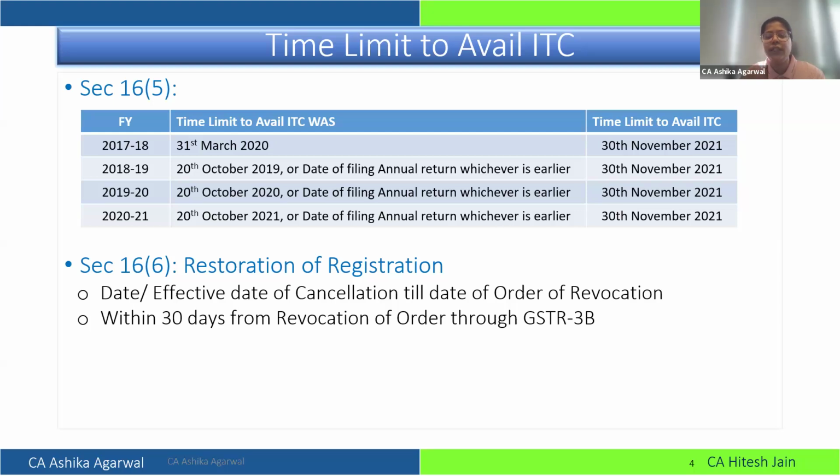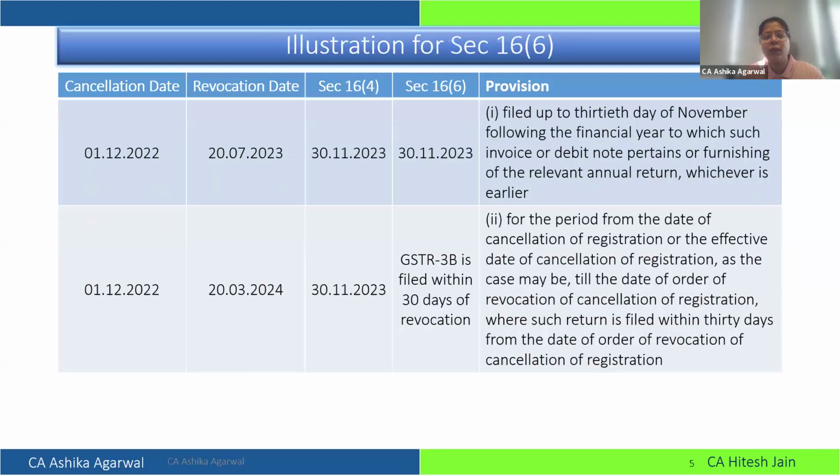Provided you file all your returns within 30 days. So let us understand this point with one scenario. This condition has one more clause: the time limit which will be applicable will be the later of the time limit provided under 16.4 or the time limit of 30 days from the date of restoration. So how it deals with this is, if you see the first situation, suppose my registration got cancelled on 1st